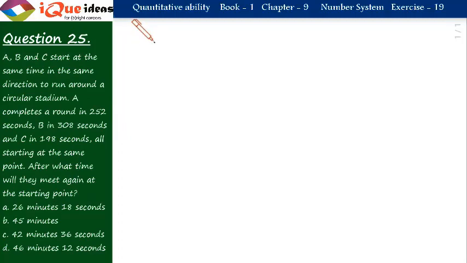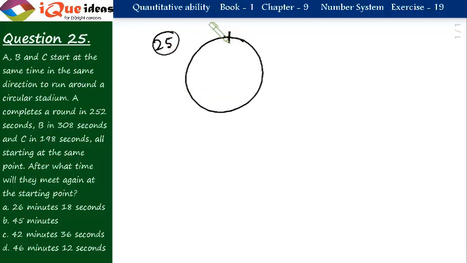Now, question number 25 says A, B and C start at the same time in the same direction to run around a circular stadium. A completes a round in 252 seconds, B in 308 seconds, and C in 198 seconds. To take one complete round,